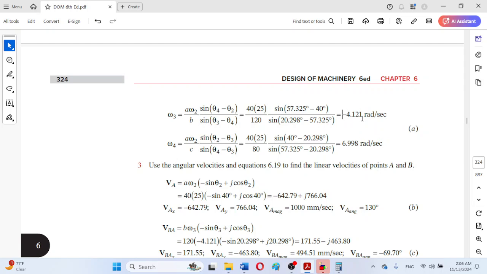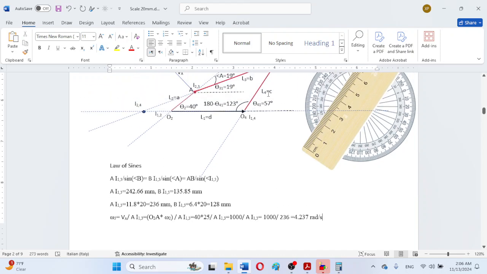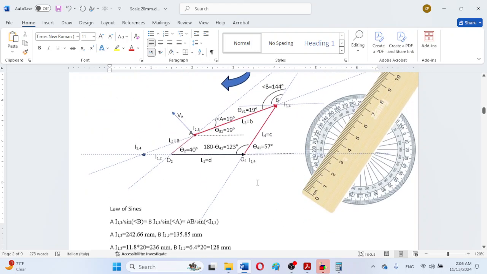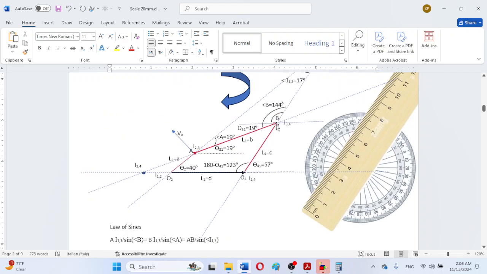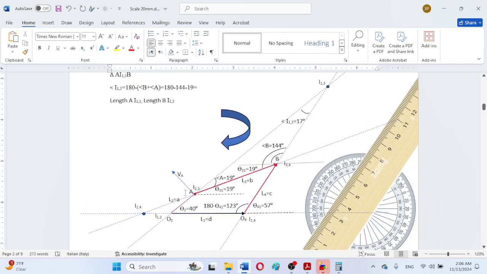4.121 radian clockwise, and our result is 4.237. So there is a minute difference, so no issue, our results are 100% correct. And once omega 3 has been calculated, after that we will be determining the magnitude and direction of the velocity VB. So the direction of the velocity VB,